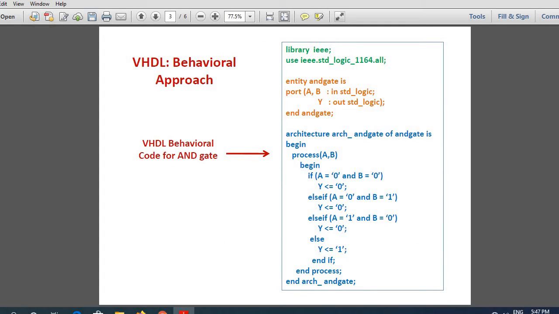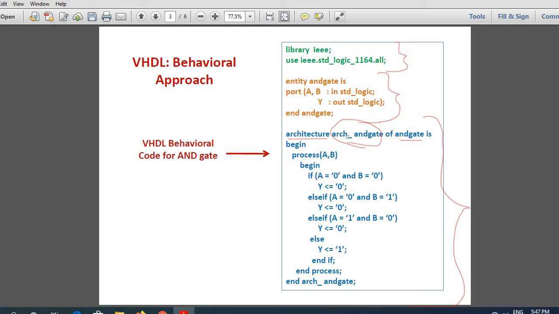Now, let us see how we are going to write a VHDL behavioral model for an AND gate. Look here. The library declaration has no change. The entity declaration of the AND gate is the same as in data flow modeling. The change is only in the architecture of the AND gate. The first sentence is the same: architecture, you give an architecture name, of entity AND gate is.